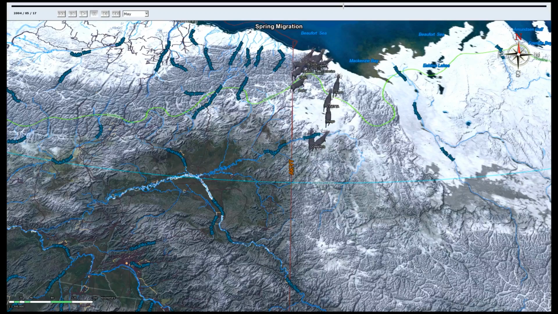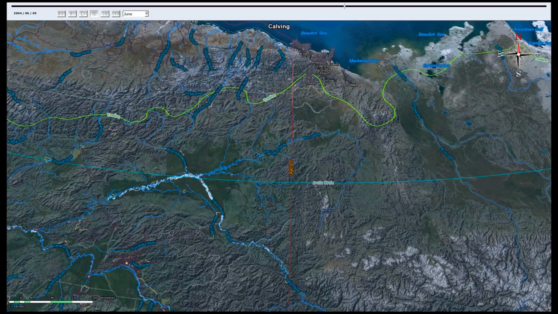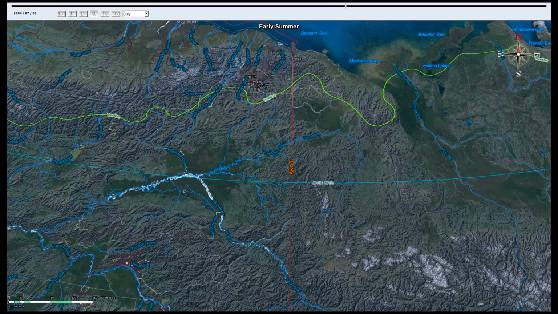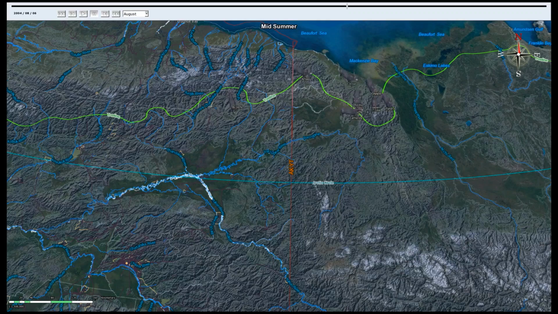The calves are born between the last week of May and the first week of June, most of them in the calving grounds shown here. The cows will shed their antlers after they give birth. During the summer, the caribous will seek cooler and windier regions to alleviate themselves from the annoyance of mosquitoes. At the end of August, when mosquitoes no longer bother them, they will move to the mountains and feed plenty